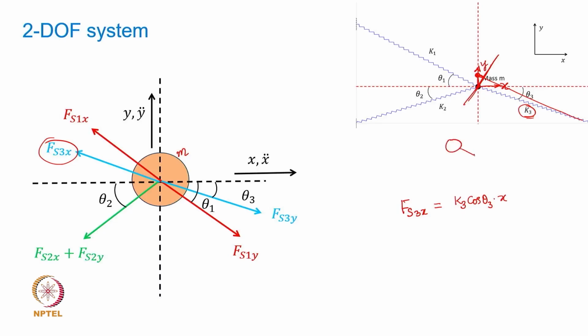Okay, so this spring S3 having the stiffness K3, if you move it in the positive y direction, then there is going to be net additional stretch in the spring, which is basically going to cause the spring to be in tension, and the stretched spring is going to pull it back, and therefore this force Fs3y is going to pull the mass back downwards, and therefore the force due to y motion, so Fs3y is actually representing the restoring force because of the y motion, is going to be again K3, I think it will be sin theta 3